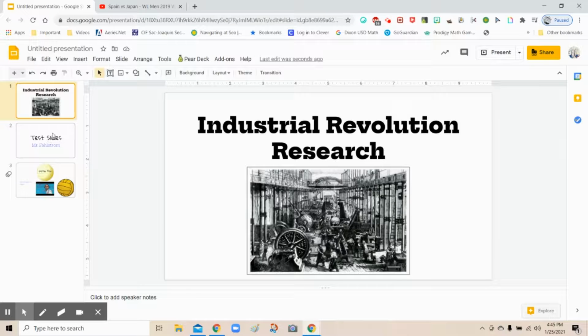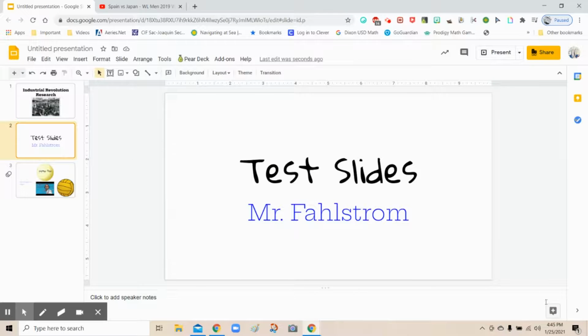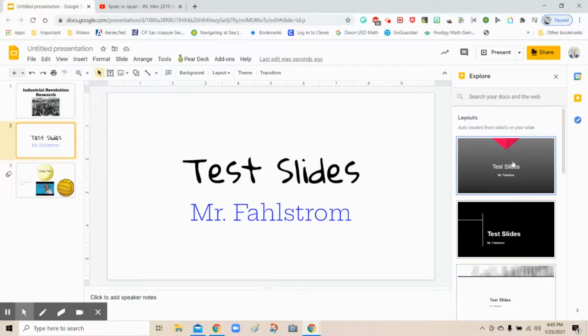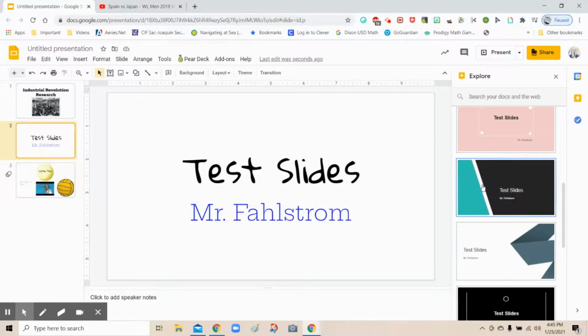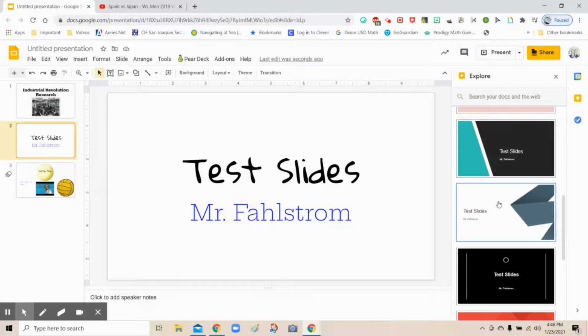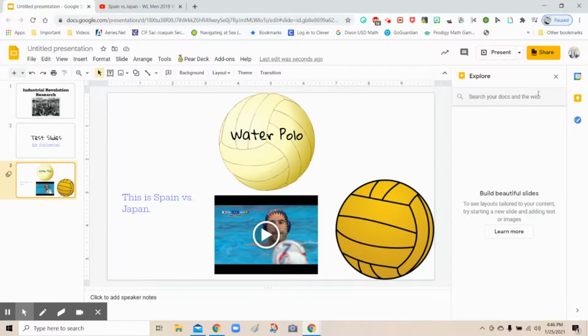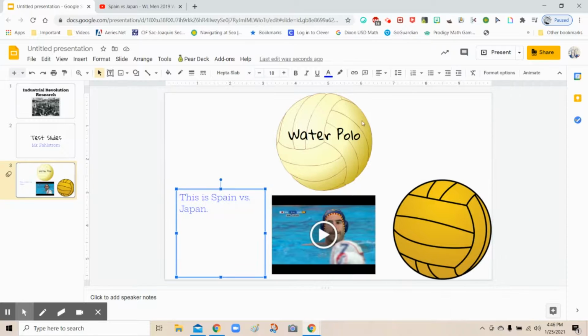Not every slide will let you explore. You can see right here, the button doesn't really do anything. If I click on it, it's got some suggestions. Sometimes it doesn't have much for you. When I come over here, it doesn't really show me anything. It doesn't have any suggestions, but if I click on the video and I try Explore, maybe that will do something. Nope, it didn't do anything. So it doesn't always